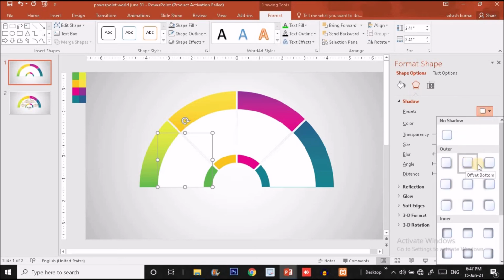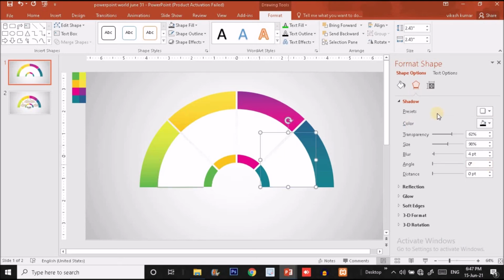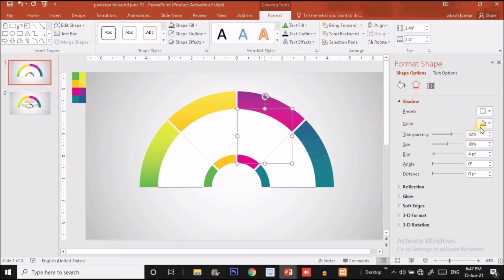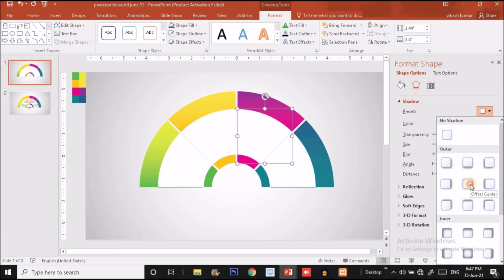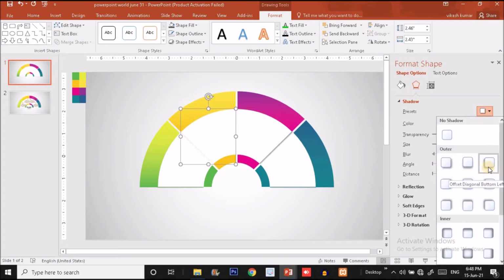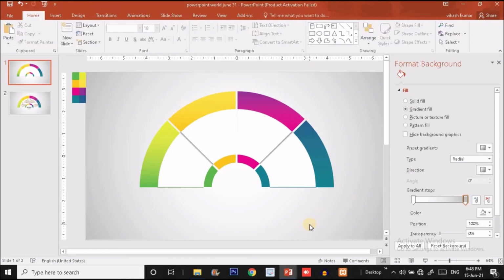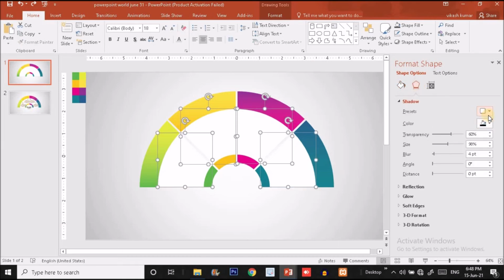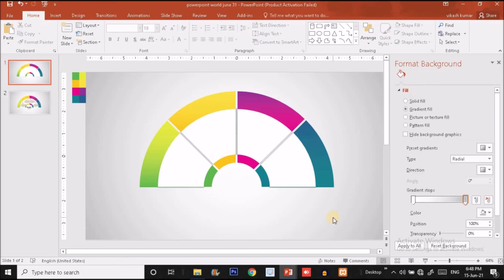For this, I will use these presets. For this I'm going to use the right preset, this one, and for this I'm going to use this preset, or maybe this preset, and for this I'm going to use the left preset, this one. Now after this, I'll select these options from there, okay. Now it's fine.